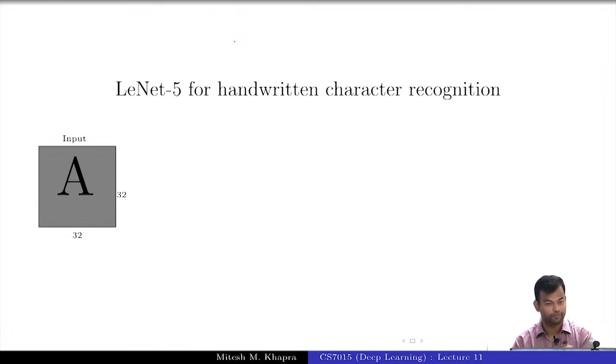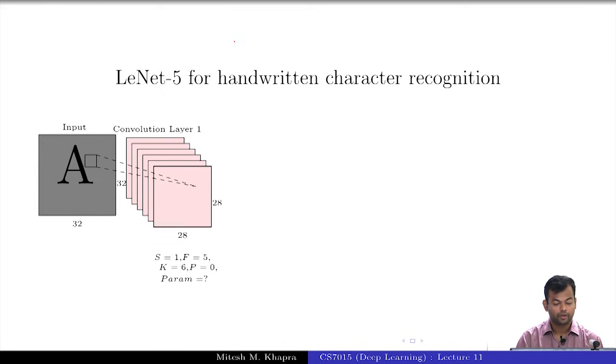So this was already the 5th version. This was around 97 or 98, and I had mentioned this when we were doing the history lecture. So this is the input. Now you have decided to apply 6 filters. You have said that the stride is going to be 1, that means you are going to place it at every location. The spatial extent is going to be 5 and the padding is going to be 0. Now the question that I have for you is, how many parameters does this convolution layer have?